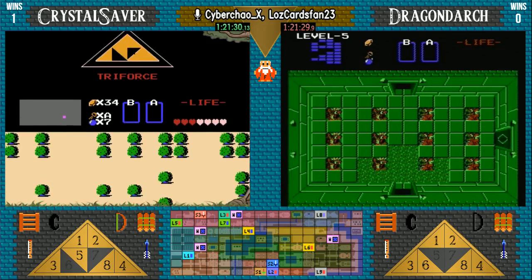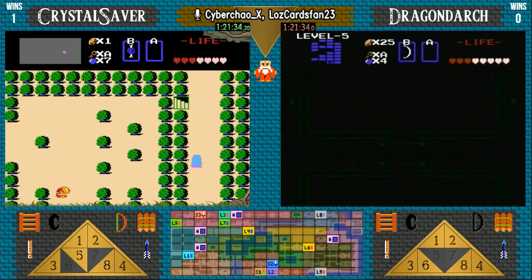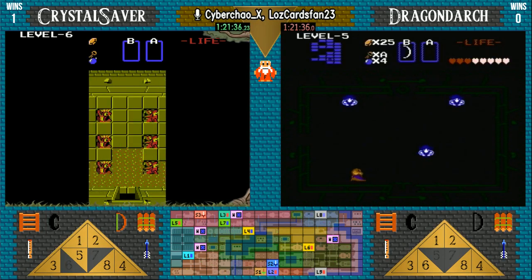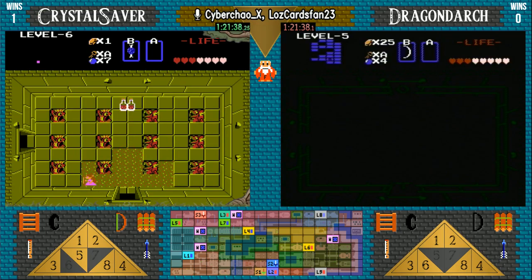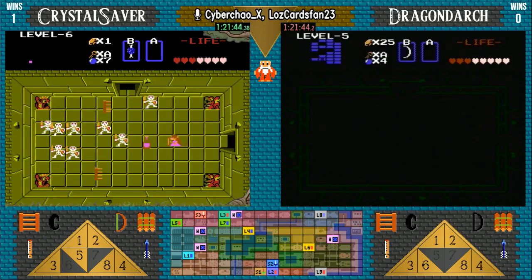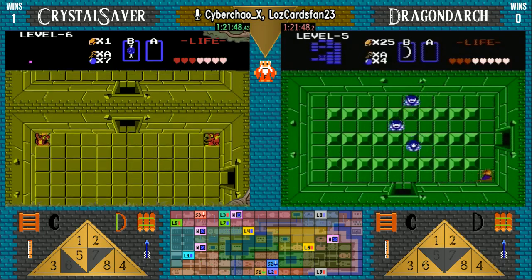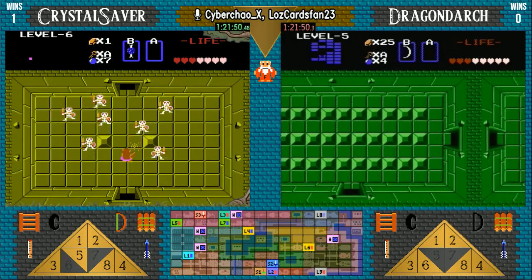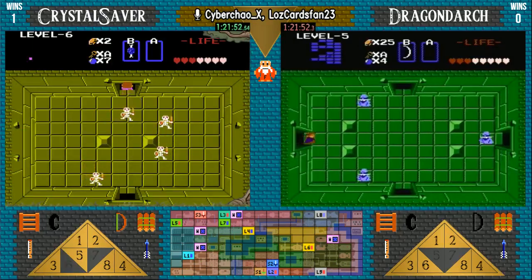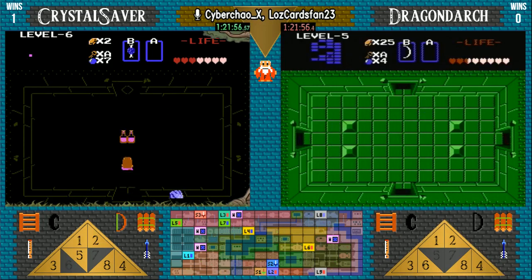Decides to save. Good plan, good plan. Yes, indeed. So now, decisions. Where will CrystalSaver go? He's going to go to level 6 first, and all he's got to do is get the Triforce and get on out of here. Certainly not a bad idea, but now, the one thing to consider, CCX, remember, Saver never got the red ring out of level 8, so when he gets to level 9...